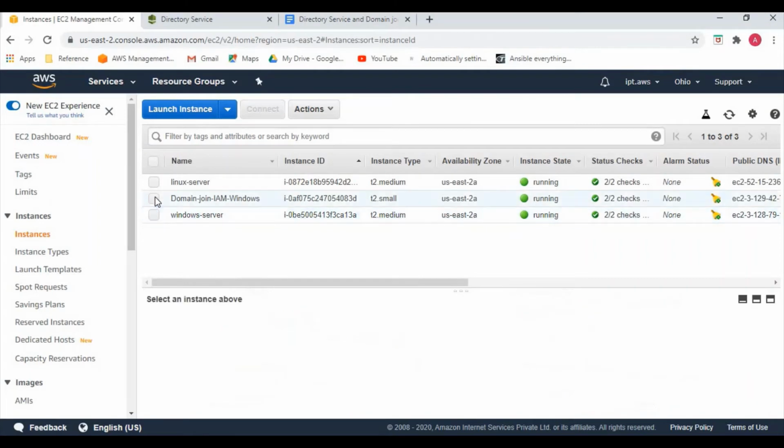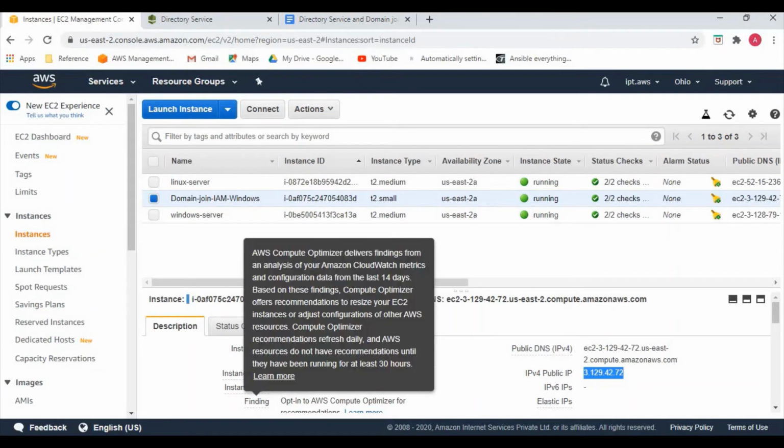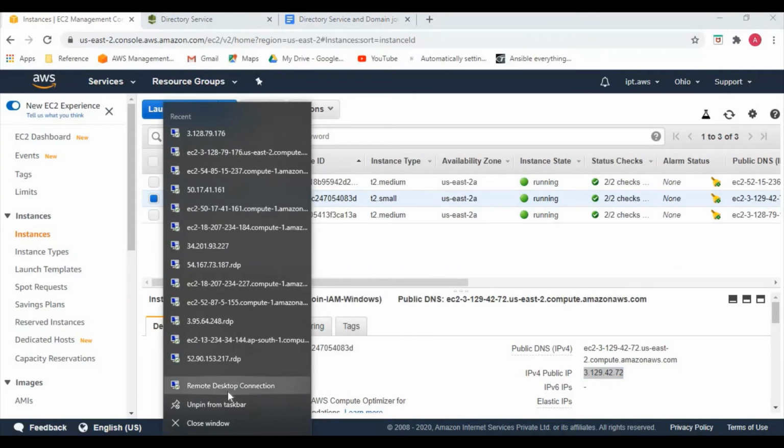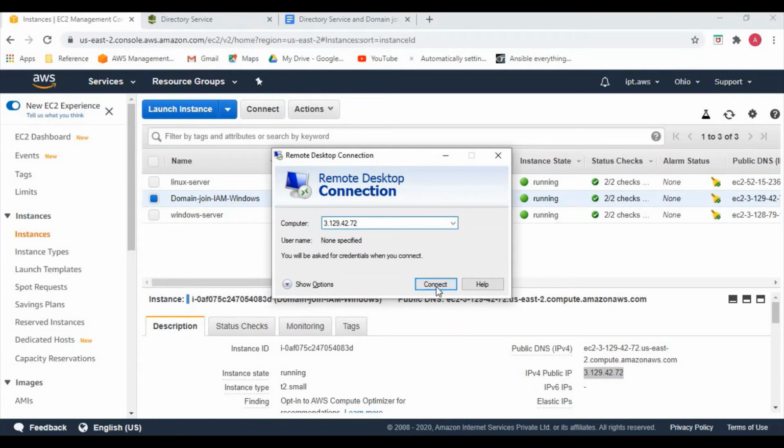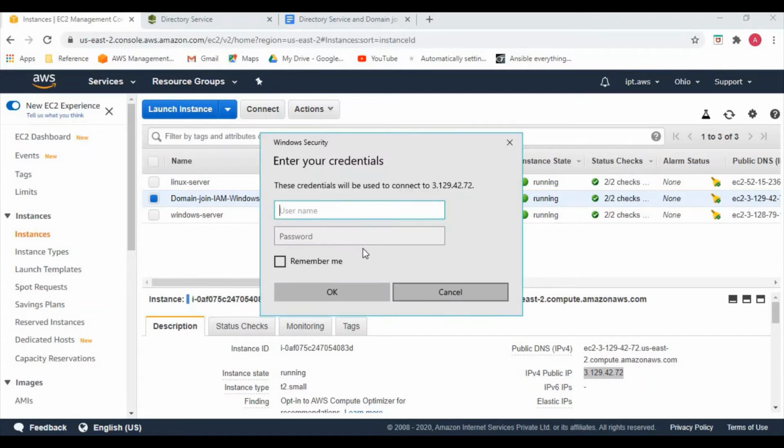So let's try to connect to the Windows server that was domain joined during the launch itself. I'm just giving the same credential, easycloud.